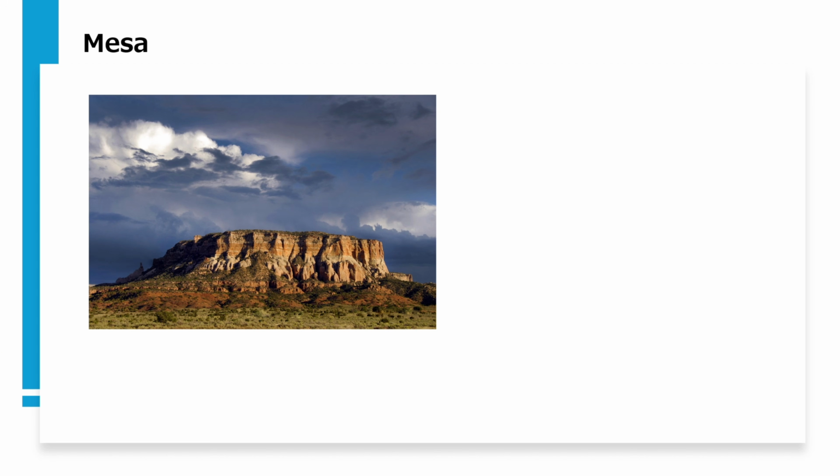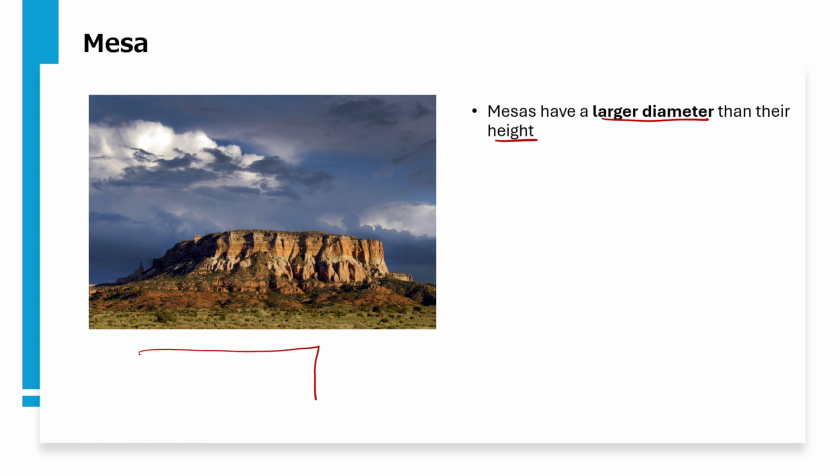So now let's just look in detail at what a mesa is. A mesa has got a larger diameter than the height. So basically the diameter of the mesa is larger than its height. So what are we talking about there? We're basically talking about the diameter. The diameter, we're talking about the breadth in this sense. This is not the same diameter as the one of mathematics. So the breadth, this distance between these 2 points of the mesa, is larger than the height. So this is the height.